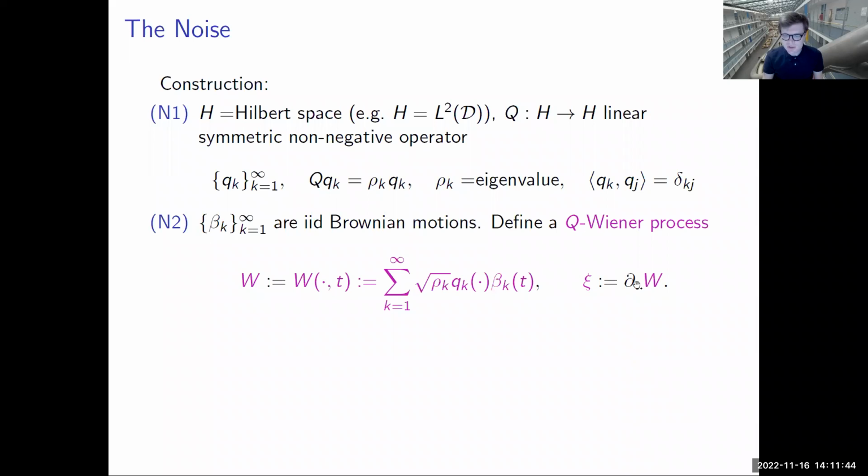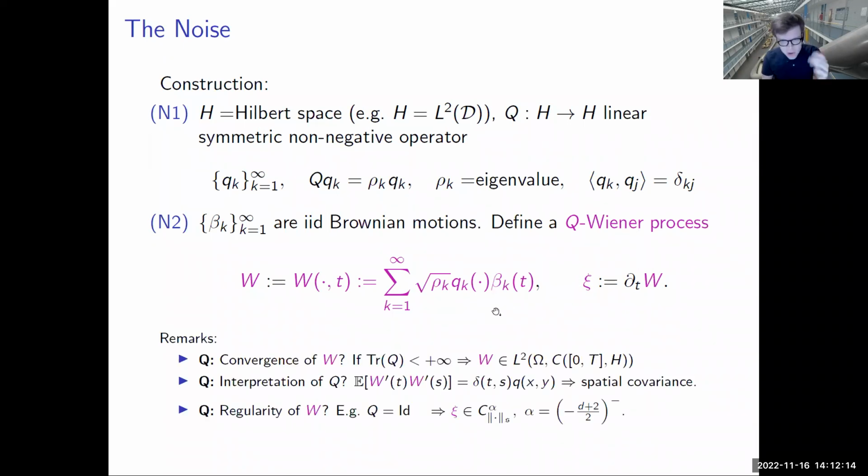And I will denote the time derivative of W as psi. This is my noise process that was my forcing. And in general, I have to already tell you that this guy is, of course, as you know from normal Brownian motion, pretty ugly. If you have a normal Brownian motion and you differentiate in time, then you only get a generalized stochastic process. So this psi, mathematically speaking, is only a distribution, so a generalized function. But you can still define it as a generalized function, and that's perfectly reasonable.